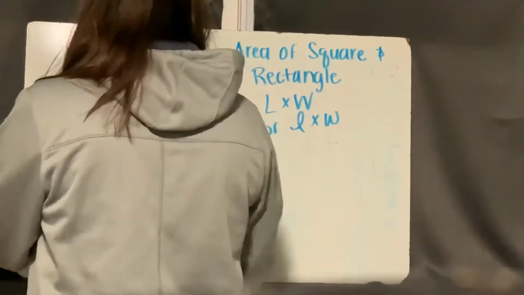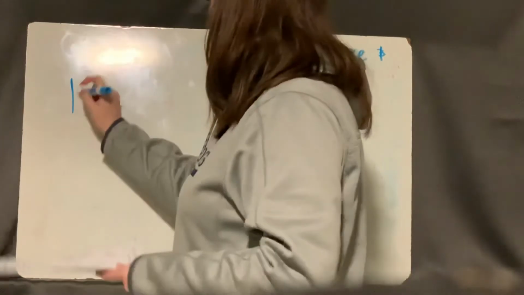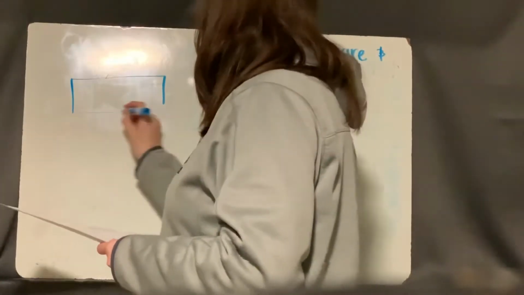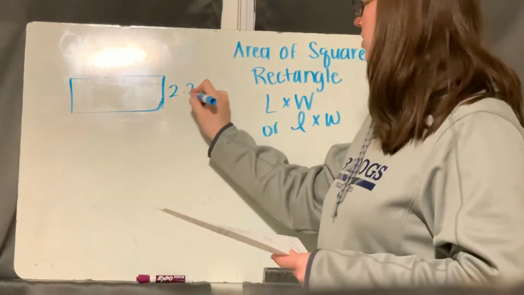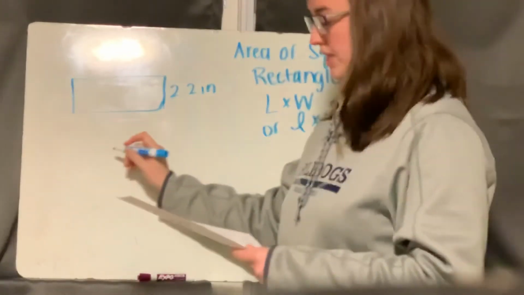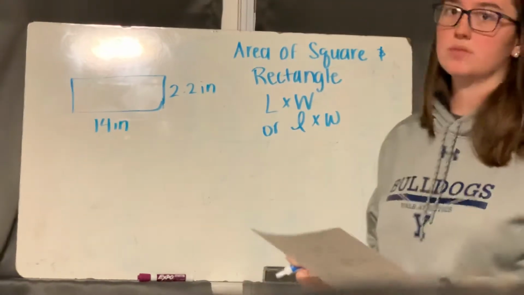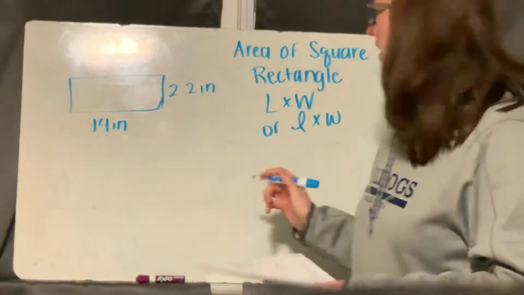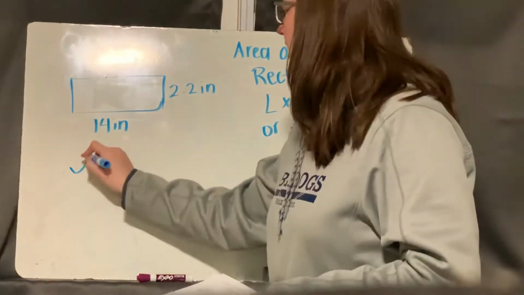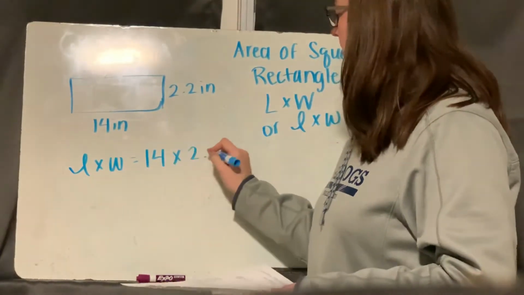If I'm looking at a rectangle, for example, something like this, I'm given 2.2 inches over here, 14 inches down here. Don't freak out when you see that decimal. We know how to multiply them. We know how to work with them. Same thing with fractions. So again, I'm doing my length times my width, which is going to be 14 times